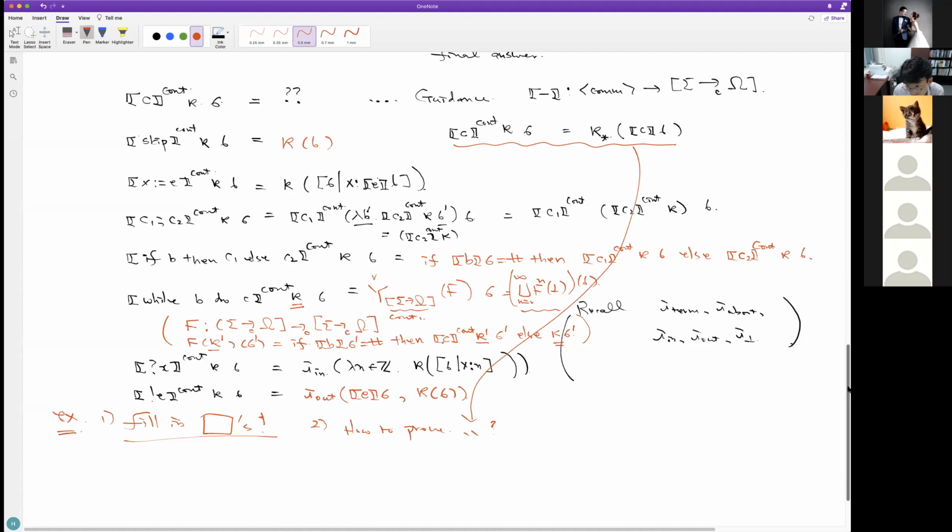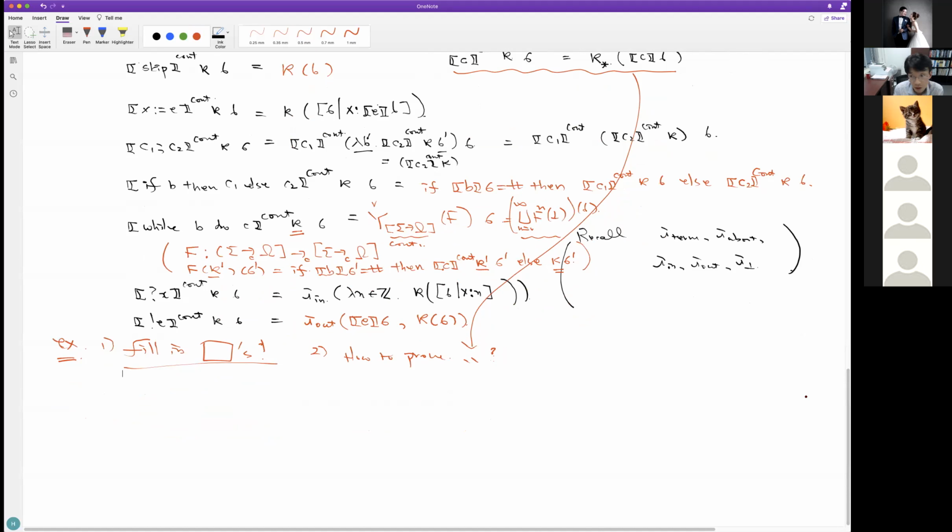The second exercise actually requires some more work. If we don't have a loop, this second exercise is not super difficult, but with a loop, it requires some more work. So what I will do is explain how to prove this second exercise in the absence of a loop. And then for the presence of a loop, I will give you a hint. I'll cover all the materials of today, and if I have time, I will come back here and tell you how we can deal with this loop case.